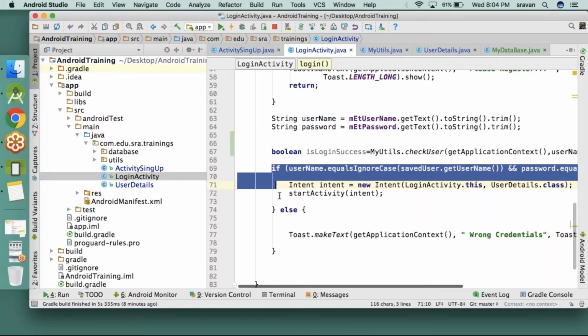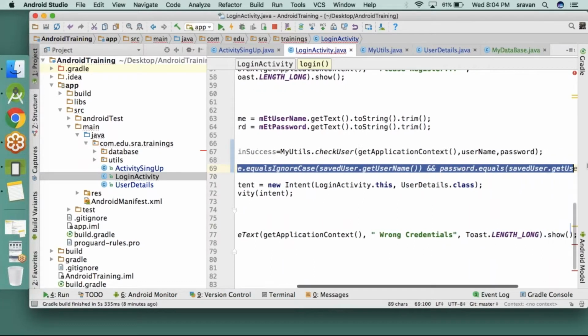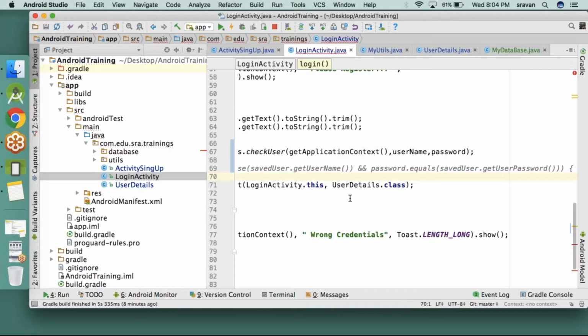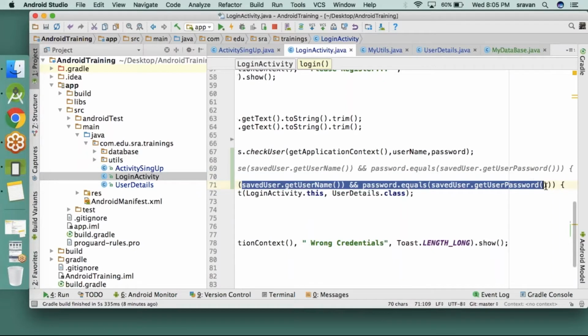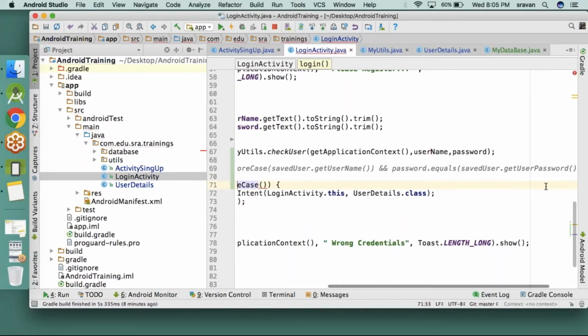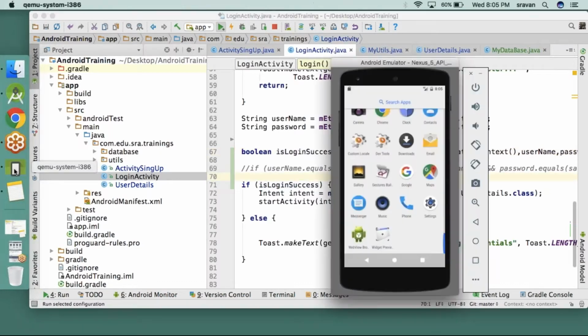This is the previous logic, so I don't want to disturb it. So just comment this. Is login success. Simple.